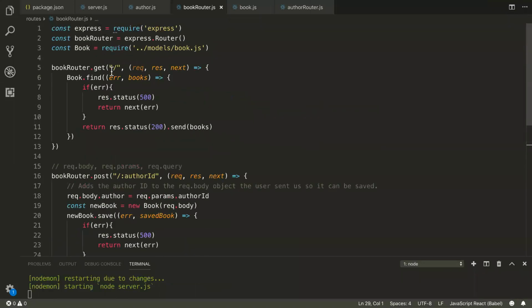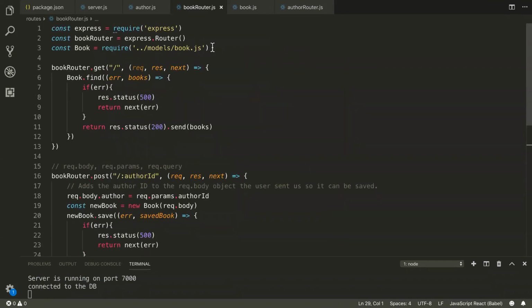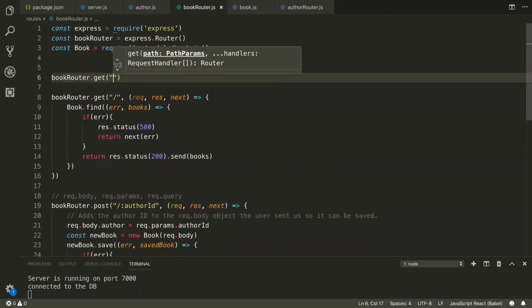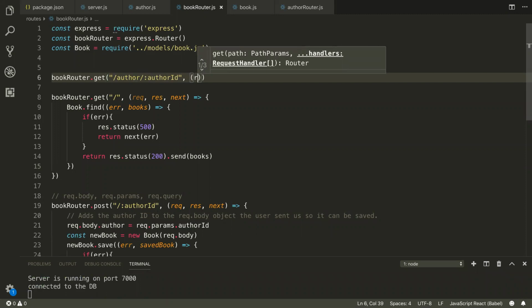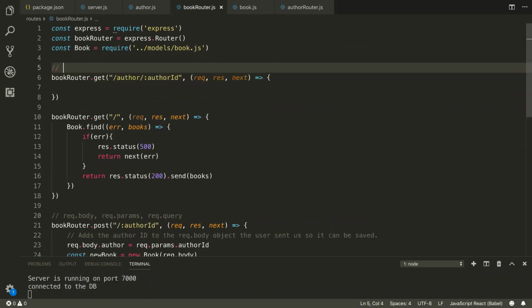So we build a get request for that. This one is for all books. Let's write one that's for all books by a specific author. I'm actually going to do it up above this one. bookRouter.get to /books/author/:id. We'll call this authorId. So this would be find all books by specific